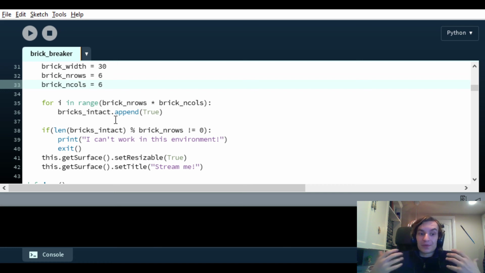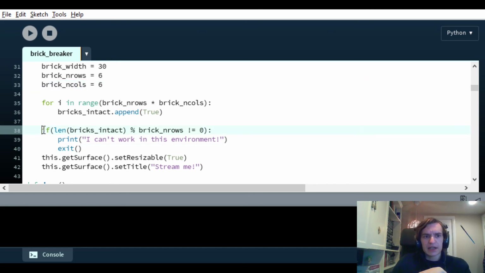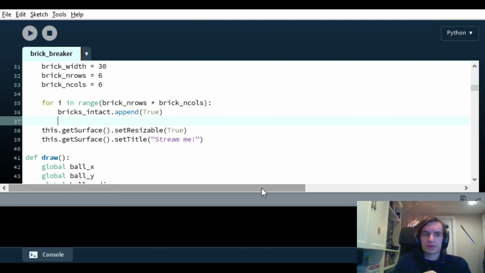Note that what we have in that list is just a big long list. It's just linear. So the fancy math that we need to do later is to figure out which position it's in. Excuse me. This bit of code we can actually remove. That was for an earlier version.